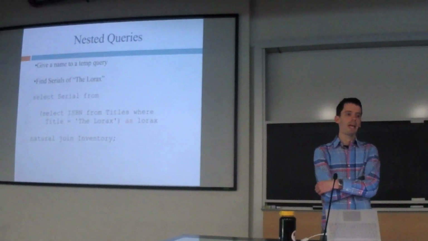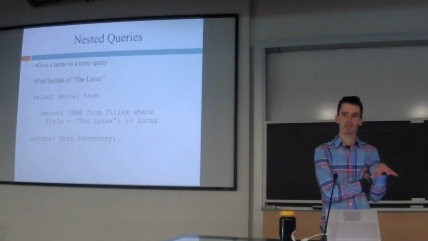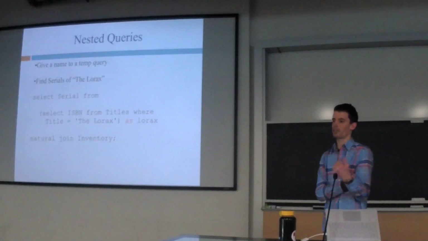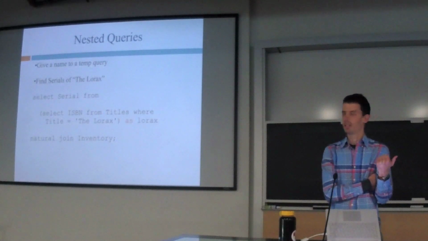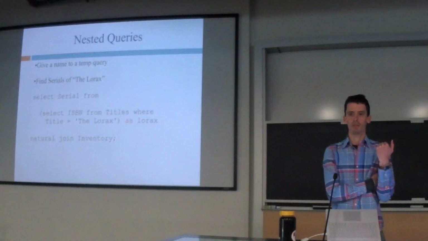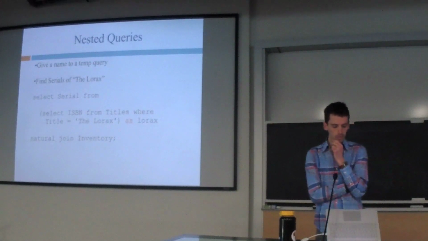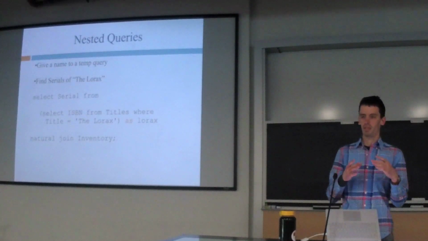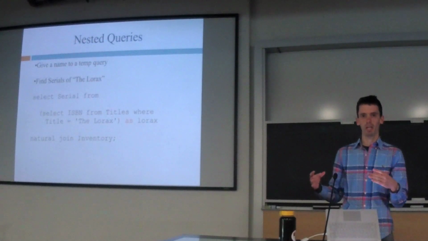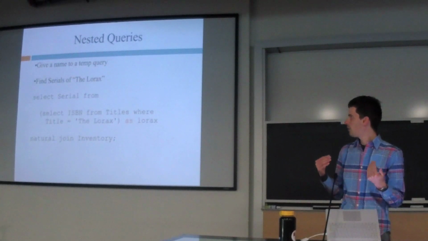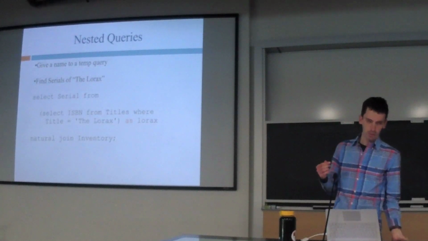I can also rename the result of a temporary relation, the result of a query. And this lets me nest queries. Okay, so find all the serial numbers of copies of the book The Lorax from our libraries database. So select serial from, and then the thing I'm selecting from is a temporary relation that is the result of a query, which is select ISBN from titles where title equals the Lorax, and then I